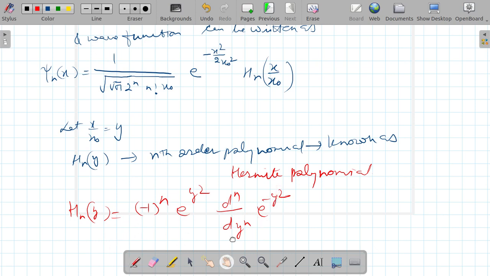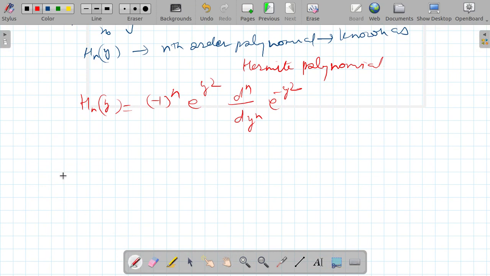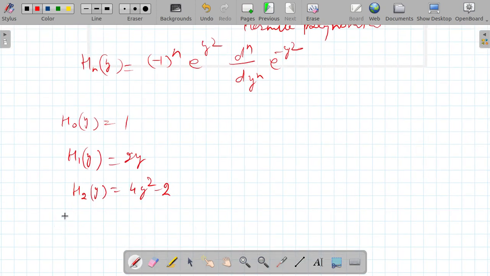So using this recurrence relation, one can calculate H naught of y equal to 1, H1 of y equal to 2y, H2 of y equal to 4y square minus 2, and H3 of y we can calculate as 8y cube minus 12y, and if I use this, then we can write down the corresponding wave